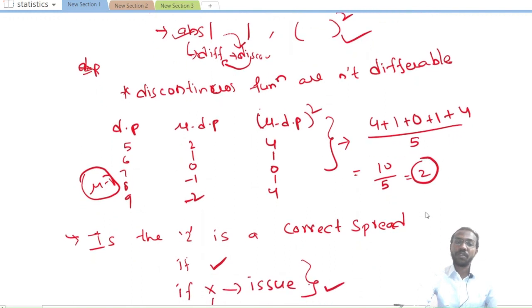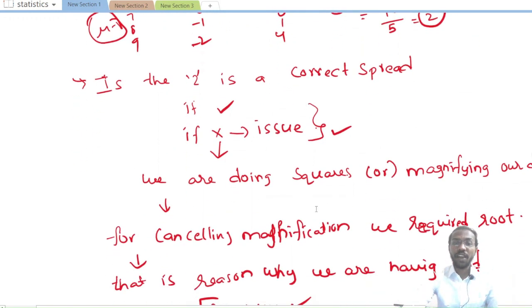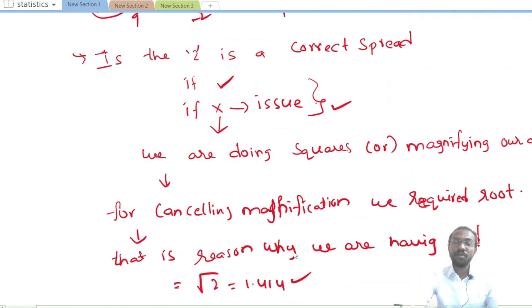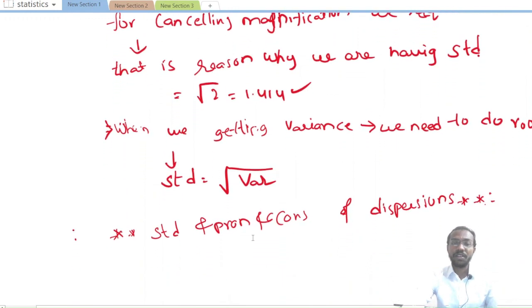गया, स्प्रेड इज 2 आ गया। नाउ वेरिएंस इज 2 आ गया। अब ये एक 2 बोलते हैं, करेक्ट स्प्रेड है या नहीं? ये करेक्ट स्प्रेड है तो ओके, नहीं है तो एक इश्यू होता भी रहेगा। वो इश्यू क्या है, बोले तो अपन लोग स्क्वायर कर रहे हैं, मैग्नीफाई कर रहे हैं, डेटा अपन लोग मॉडिफाई कर रहे हैं डेटा को। तो वो मैग्नीफाई कैंसिल करने के लिए अपन को एक रूट की जरूरत है यहाँ पर। इसीलिए बोलते हैं अपन जब भी वेरिएंस आए तो उसको रूट करना, वही होता है स्टैंडर्ड डिविएशन। ओके, अगली वीडियो में अपन लोग स्टैंडर्ड डिविएशन और कॉन्स के बारे में पढ़ेंगे, डिस्पर्शन टेक्निक यूज करके। ओके।